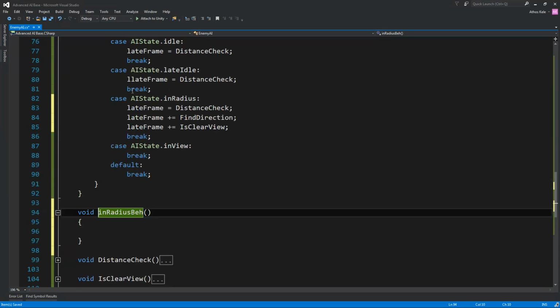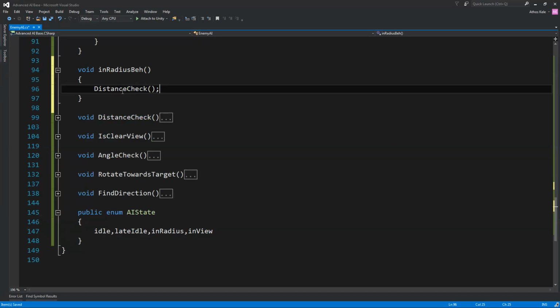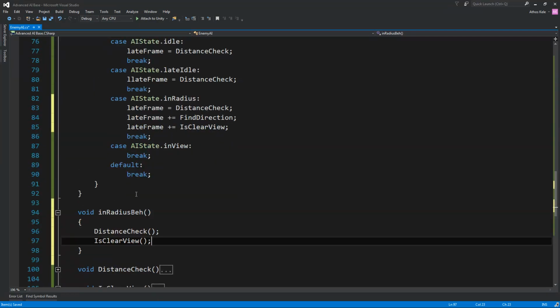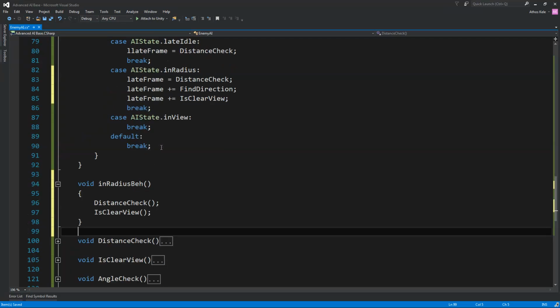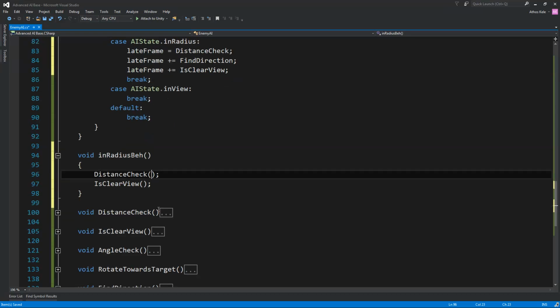Okay, in something like this, and do it instant check is clear view, and do this for each one, or you can simply assign this into the late frame. But yeah, it comes down to the preferences. However, this will give you a little bit more control if you want to pass something onto these